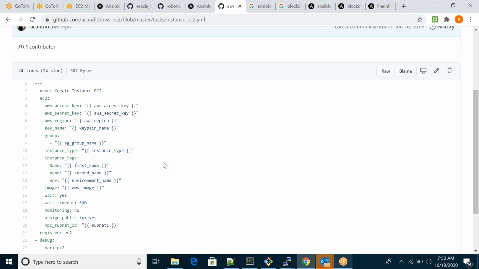Yes, I will show you through a playbook. Tomorrow we'll discuss Tower. If we have time, then we'll create an instance. Gaurav, Revati, do you have any scenarios or requirements?